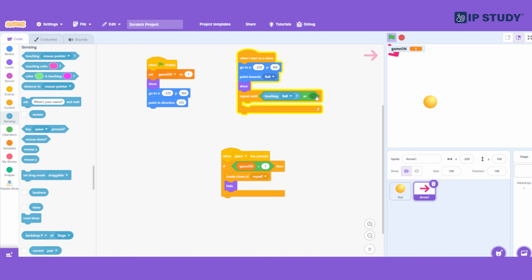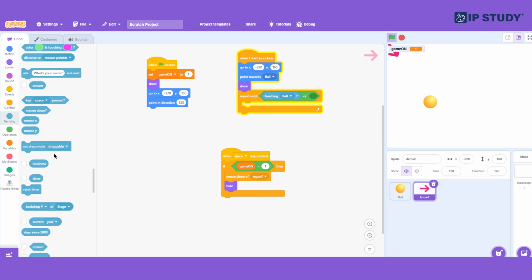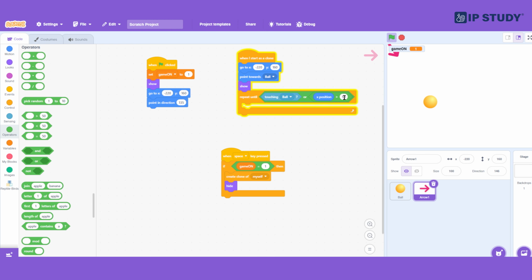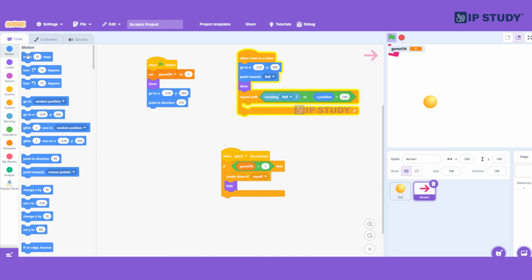check this, or the X position is greater than 240. After this, move 10 steps forward. We can see the arrow is hitting the ball. Now,